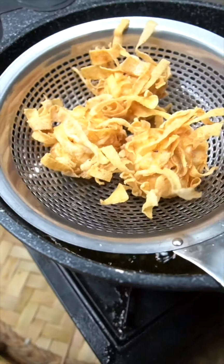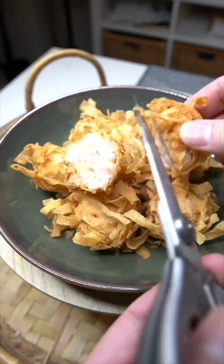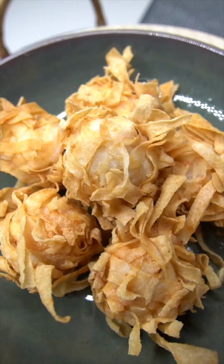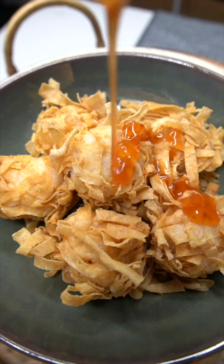Once it cools down, I like to cut it in half like how they do at restaurants. You can enjoy this by itself. It's going to be savory, juicy, crispy from the egg roll wrappers, or you can top it off with some